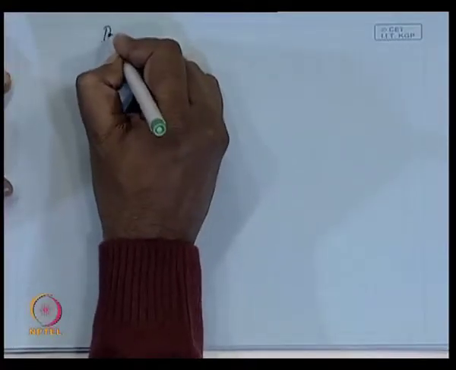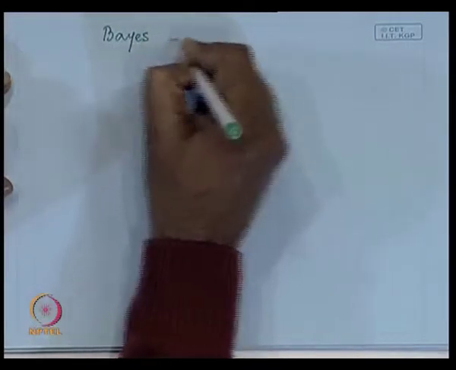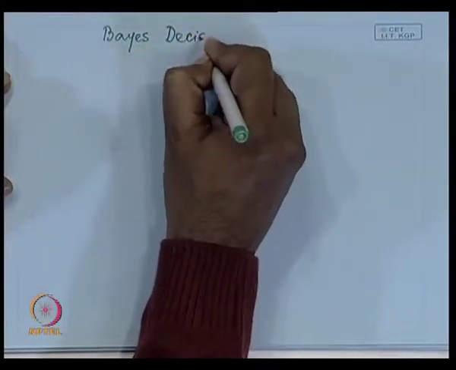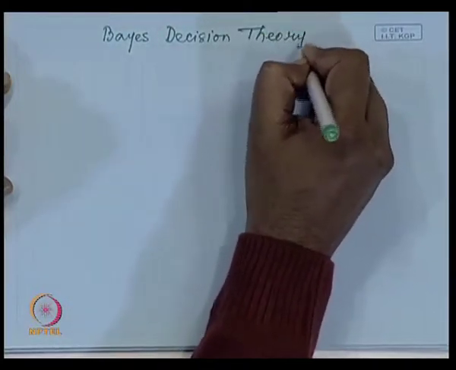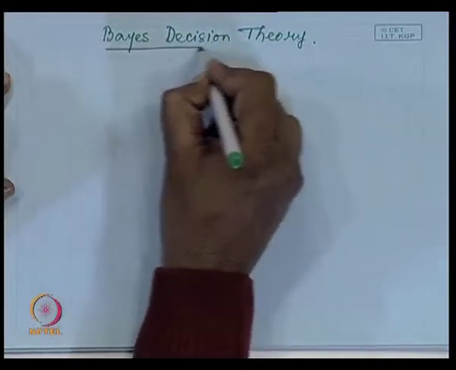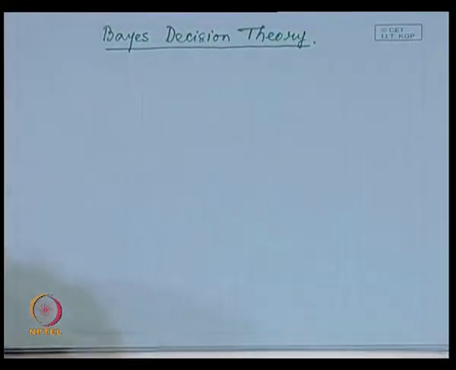Okay. So, now let us come back to what I said will be my topic of discussion today, that is Bayes decision theory. Okay. Now, to discuss this Bayes decision theory, let me take a very simple example. The example is,